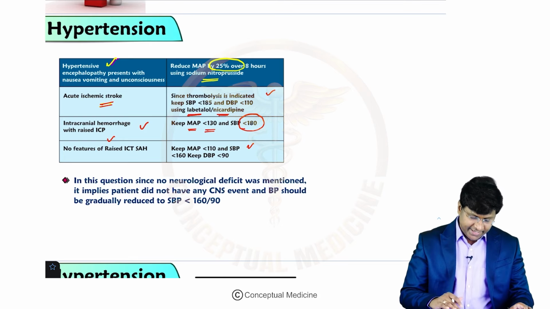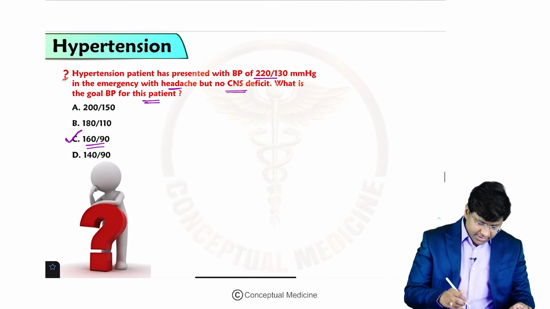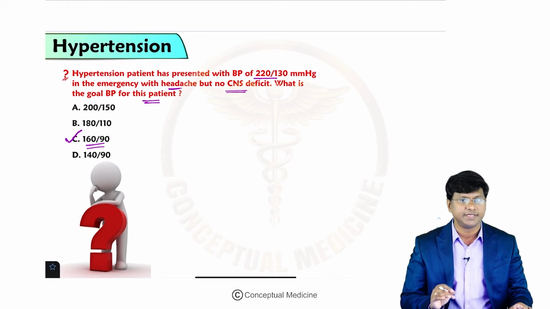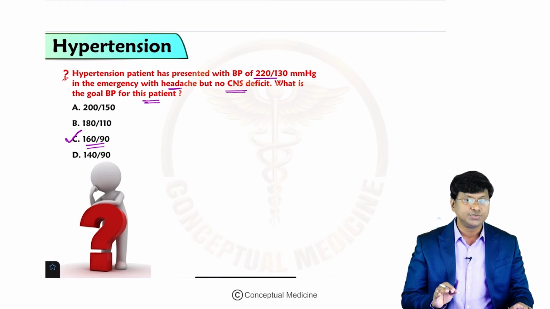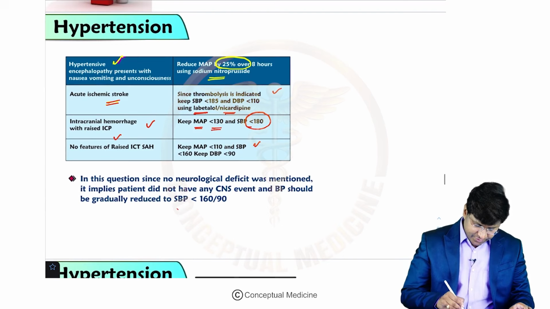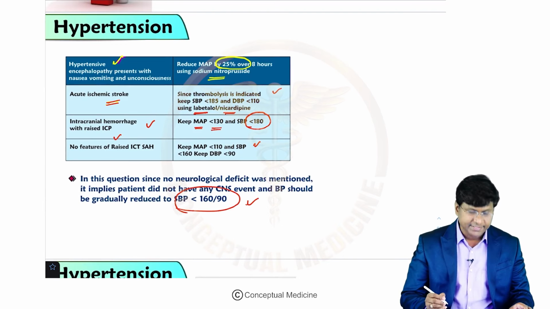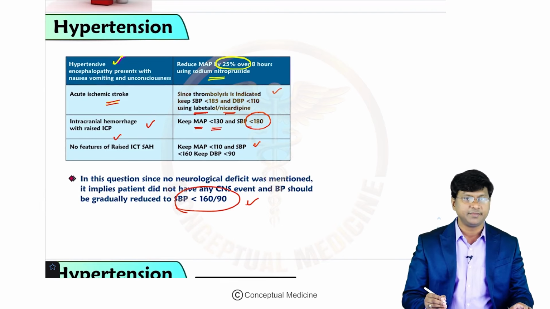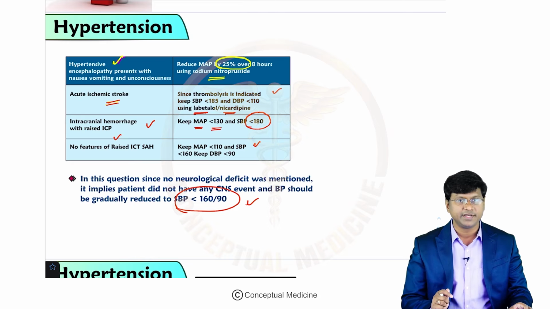And in the clinical scenario given here, there are no features of raised intracranial pressure. There is no neurological deficit. So, in that patient, you have to reduce the blood pressure to less than 160 by 90 millimeters of mercury. Now, in hypertension, you have to remember one clinical entity called